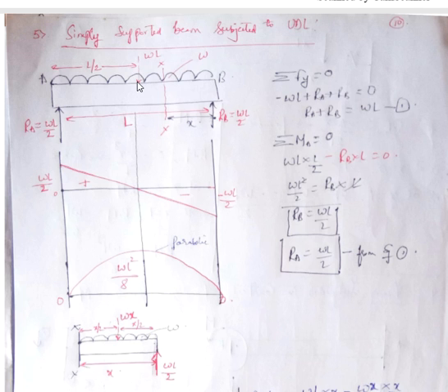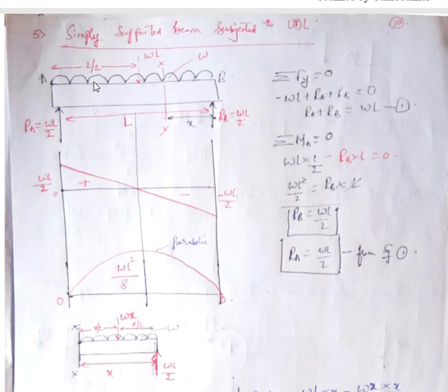Okay, we all know that the sign convention for drawing SFD and BMD is different, and the sign convention for calculating reaction forces is completely different. Usually, upward force we take positive and downward force we take negative. The first thing you need to understand here is what is the load acting because of the UDL. UDL has an intensity of W. We need to convert this UDL into a point load. For that, we multiply this load intensity with length, that is nothing but the area of a rectangle. This you can represent in the form of a rectangle also.